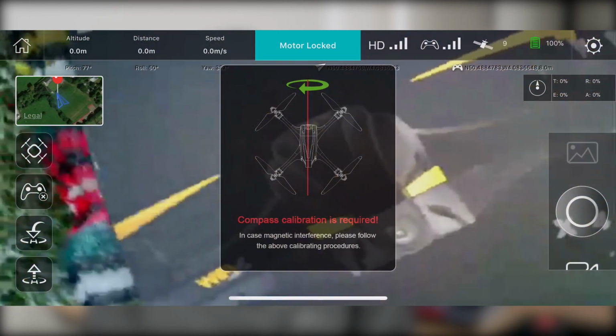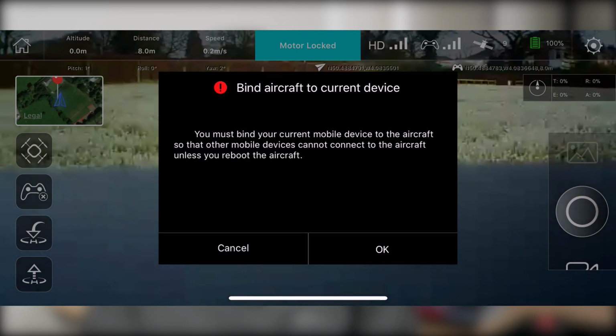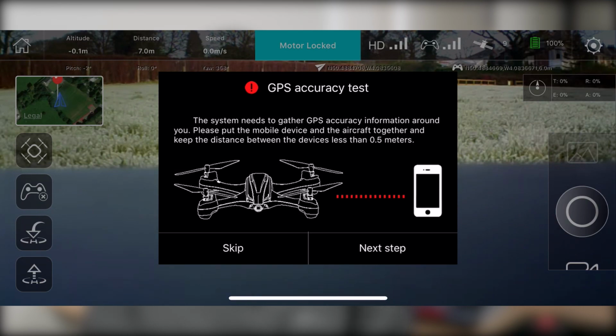Since the automatic return function is based on the accuracy of this fix, I prefer to acquire as many satellites as I have the patience for. Even if you turn the setting off, you won't be able to use the various flight modes without acquiring at least 6 satellites anyway. Once you've got your GPS fix, all you need to do is tap the auto takeoff